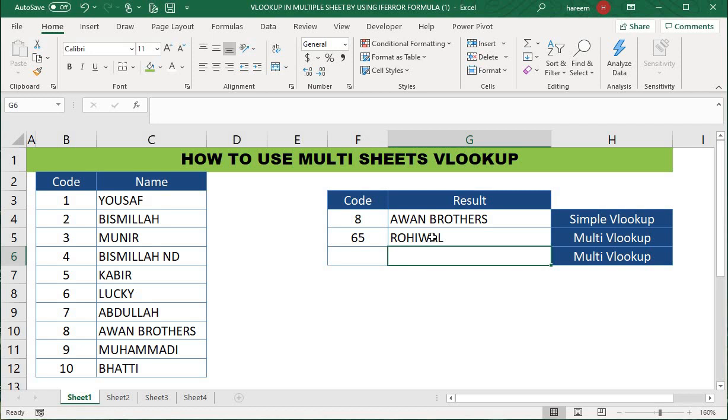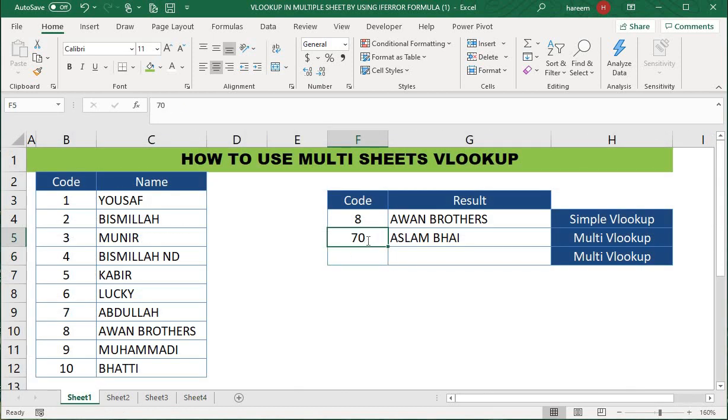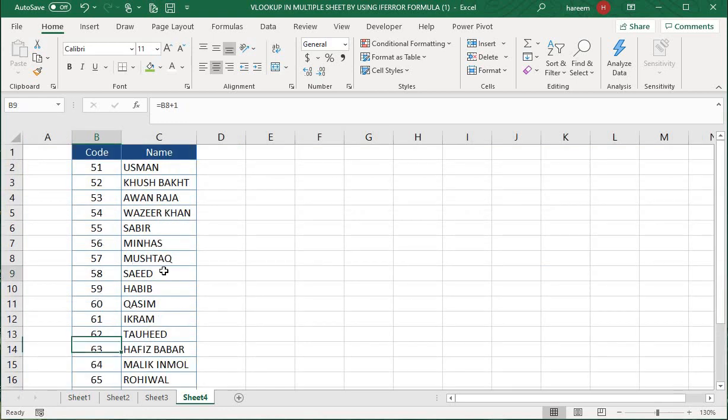So you can see, up to 70 we will get the result. Put any figure, 58, Saeed, you can see here Saeed.